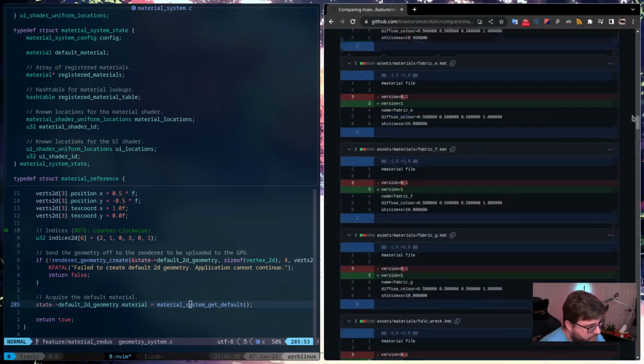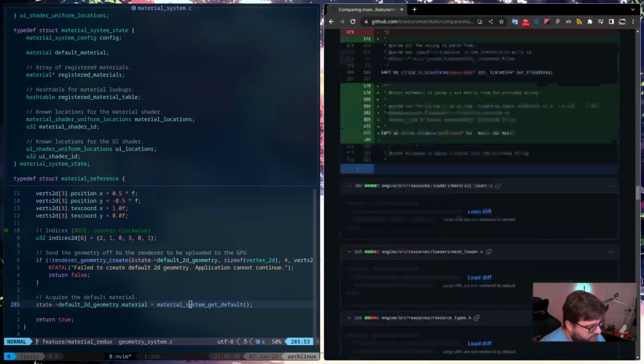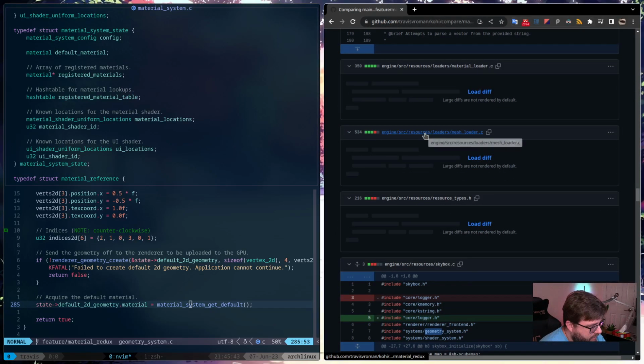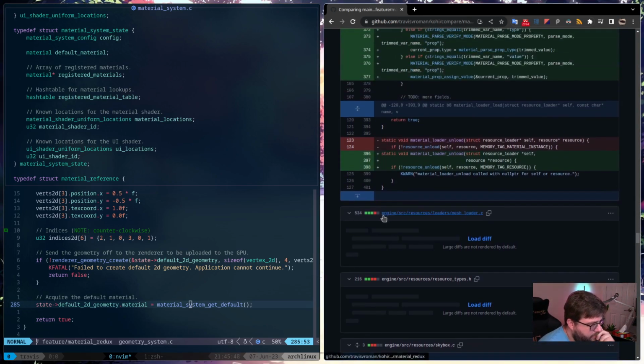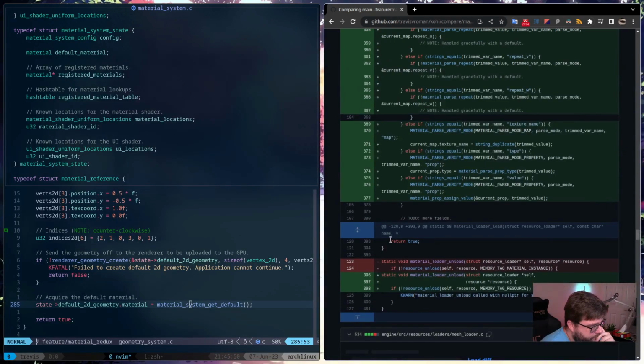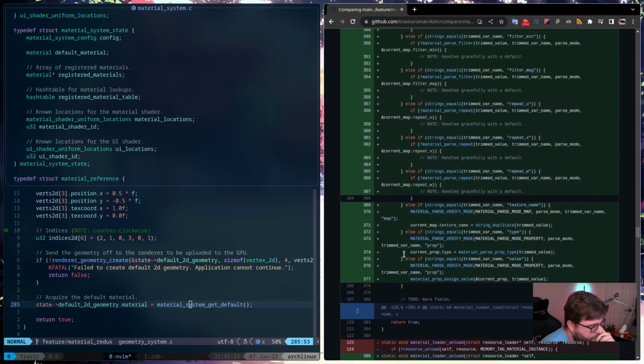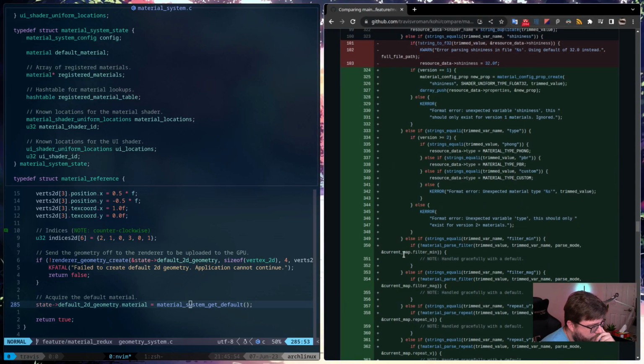So if I go to the loader, where was that? That was down here somewhere. Material loader. So only if version is greater than or equal to 2, then we try to actually parse this. Otherwise we don't. Resource data type.